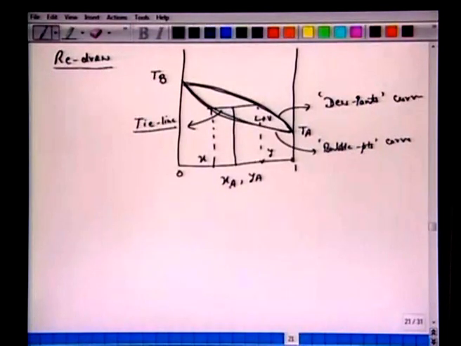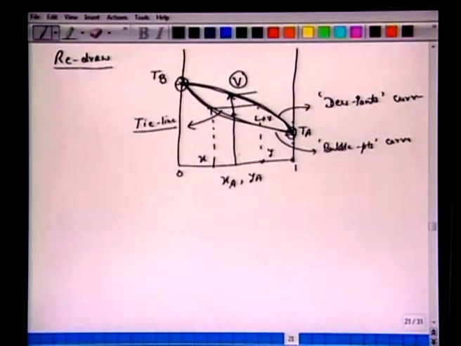And of course we know that if we further heat it, then we will reach this dew point curve, then the entire liquid will be converted into the vapor phase. So there is a boiling temperature range for a binary component. For a pure component, entire liquid gets converted into vapor at one temperature. For pure A, entire liquid gets converted into vapor at one temperature. However, for a binary mixture, there is a temperature range between TB and TA at which the entire liquid boils.